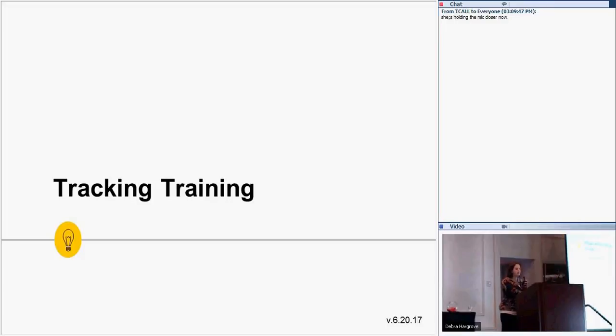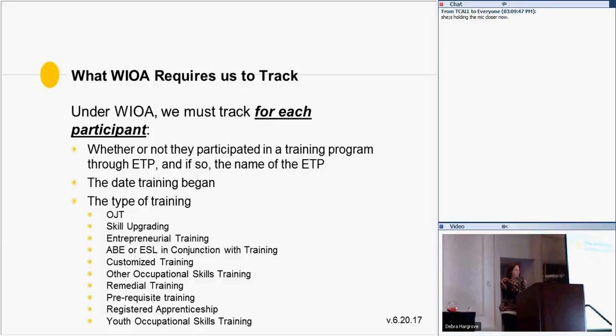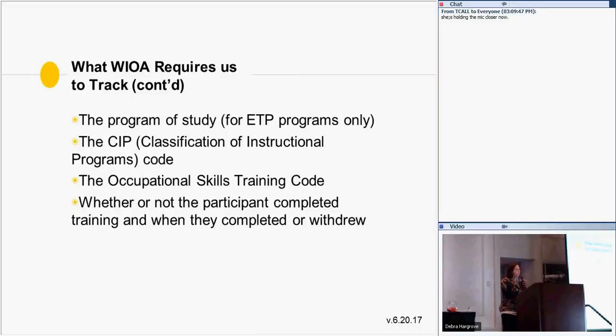So again, just as a refresher, under WIOA we have to track a variety of different pieces for each participant. This last little item here, whether or not the participant completed training, was a particularly tricky piece for us because the way things currently are in TEAMS, you kind of never leave.